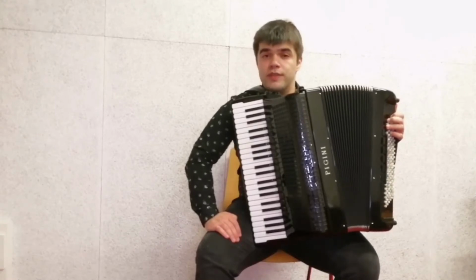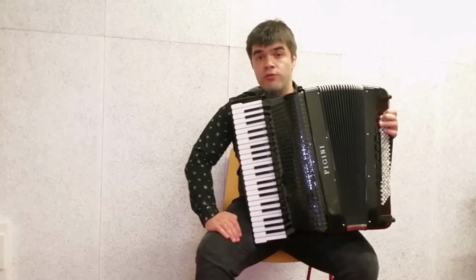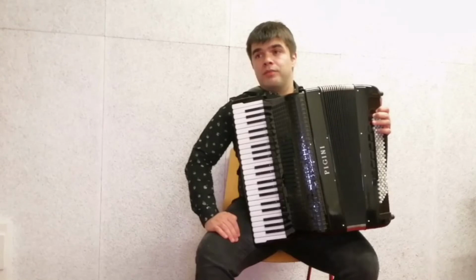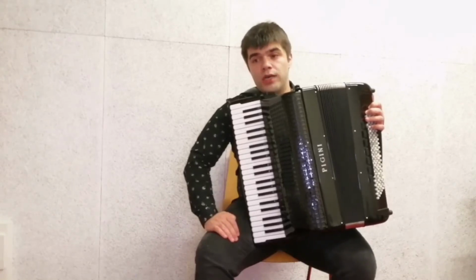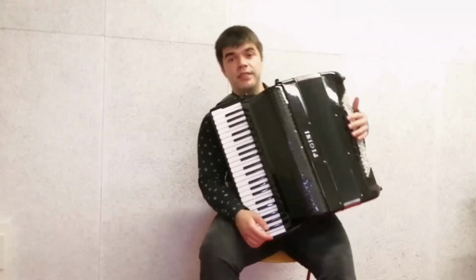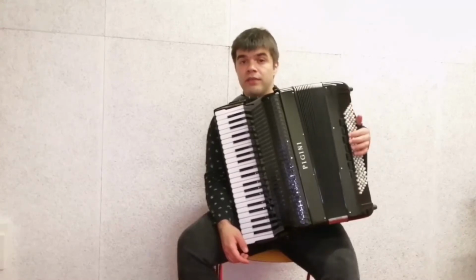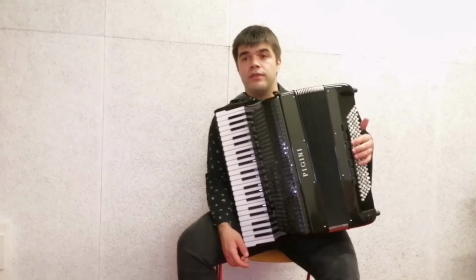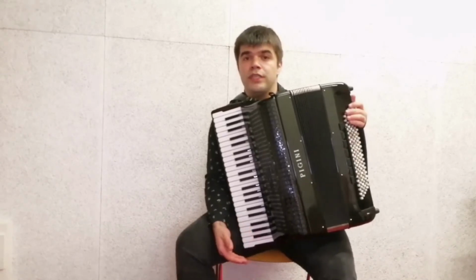As I mentioned previously, the Stradella-bass, the standard bass system, offered 48 harmonies, and you must admit it's rather limiting. That's why between the 1940s and 1950s, a new system came into play. It was developed and introduced to concert accordionists, and this Freebass system transforms each of the chord notes